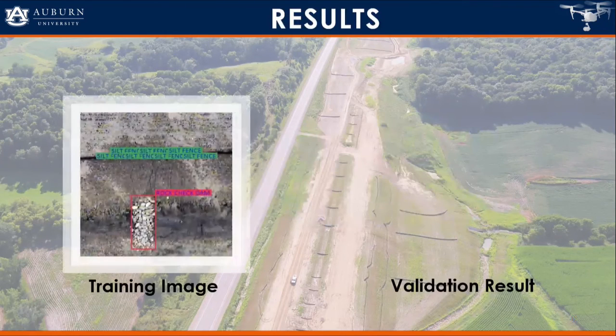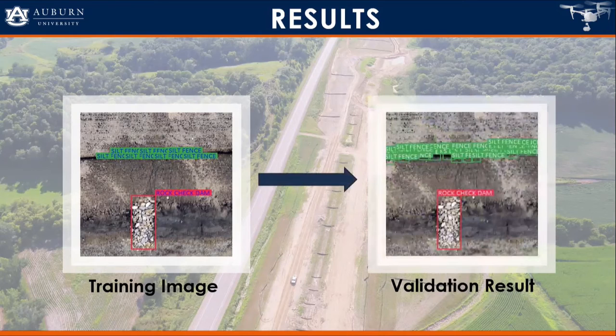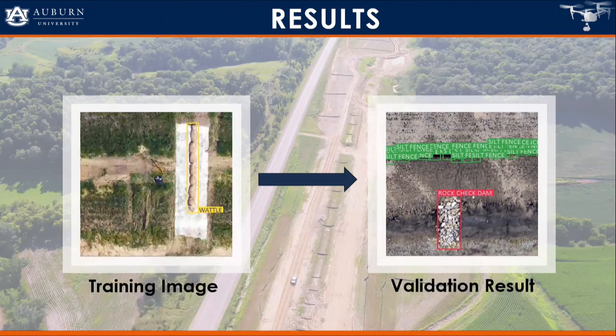We trained our code with hundreds of images of silt fences and rock check dams. We said this is a rock check dam and the black part is silt fence. And our validation results show that, yes, this is a rock check dam and the black part is definitely a silt fence. We trained our code with wattle images,